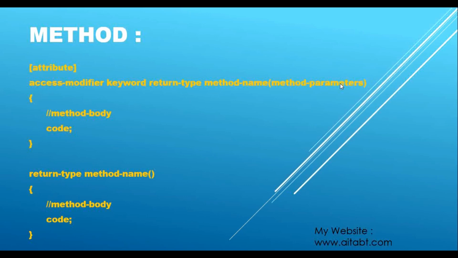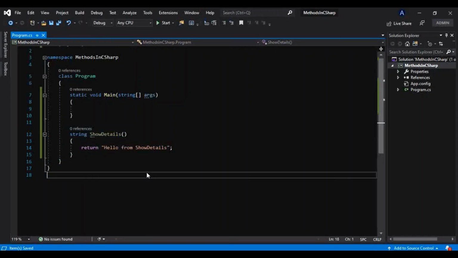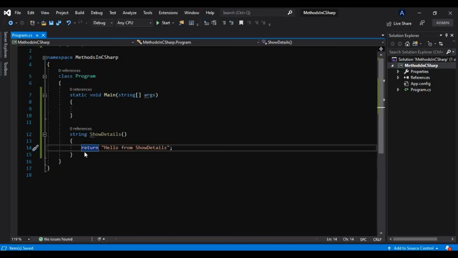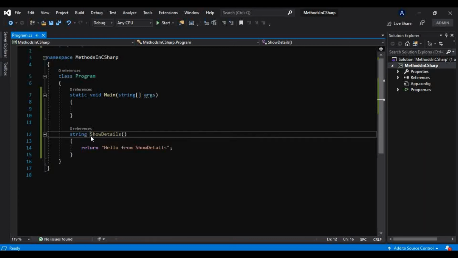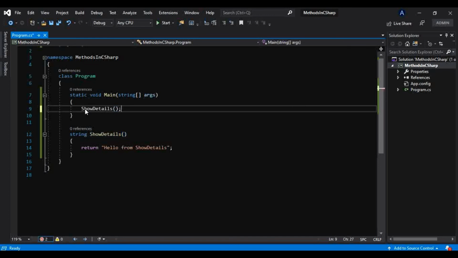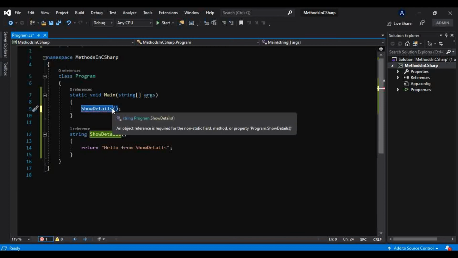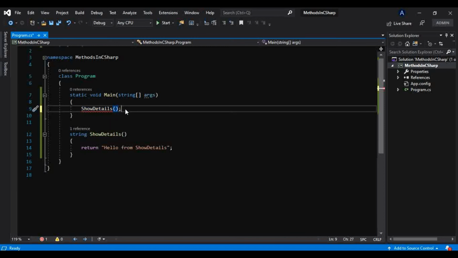You can use them depending on the requirement and depending on the conditions, that what kind of a method we are using, what kind of a method we are defining. Okay. So again, I have told you and I have shown you on the slide that methods are reusable. So how we can reuse them? If I call this method here in the main method like this, that is a method name and parenthesis in front of them and a semicolon. So that is how you can call a method as well.